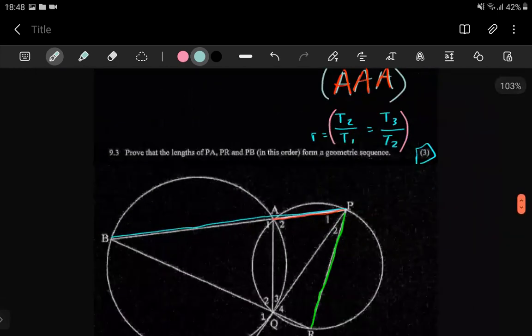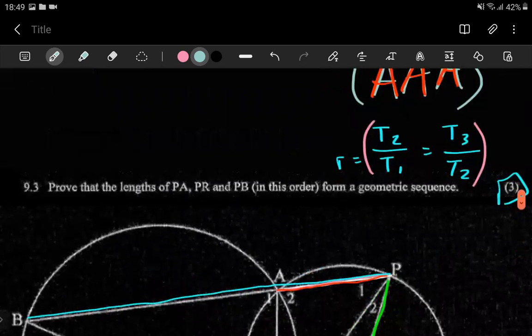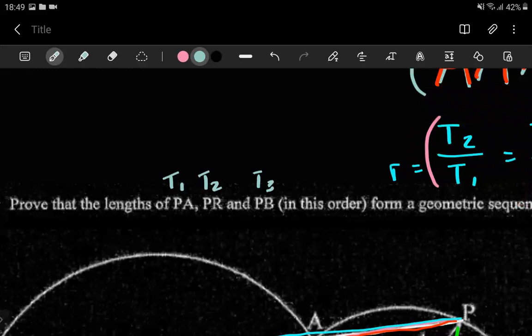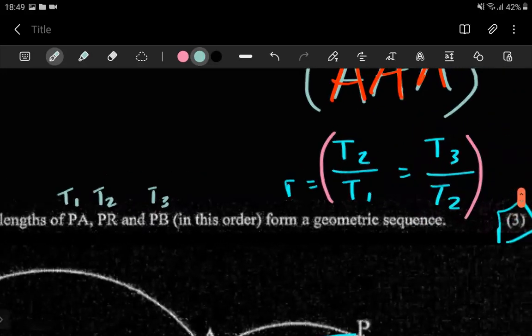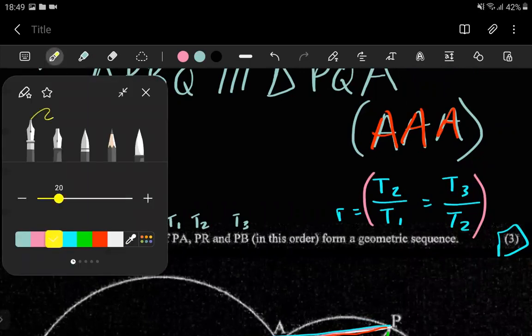You see, after reading this question, the first thing to do was to see that we are trying to say that these lines form a geometric sequence. And the only way something can be a geometric sequence is if T2 over T1 is equal to T3 over T2, of which, remember, they said these form a geometric sequence. So automatically we know that we're dealing with T1 here, T2 there, and T3. So our job is to just show that, based on this expression for a geometric sequence,